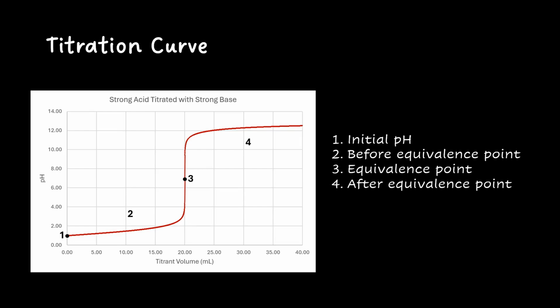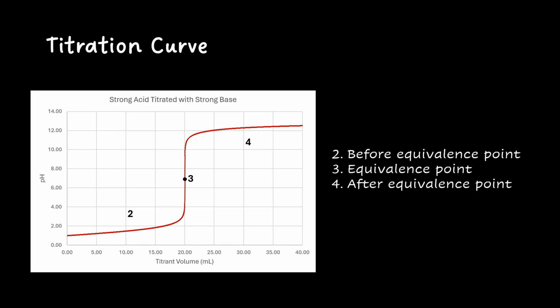There are 2 points and 2 regions of interest on this titration curve. However, we will not consider initial pH here in this video because there isn't a millimole table involved with calculating its pH. So this leaves us with 3 possibilities. Before the equivalence point, which is the region between the initial pH and the equivalence point, the equivalence point itself, which corresponds to the specific volume of titrant giving reaction completion, and after the equivalence point, which is the region beyond the equivalence point, also known as the situation of excess titrant.